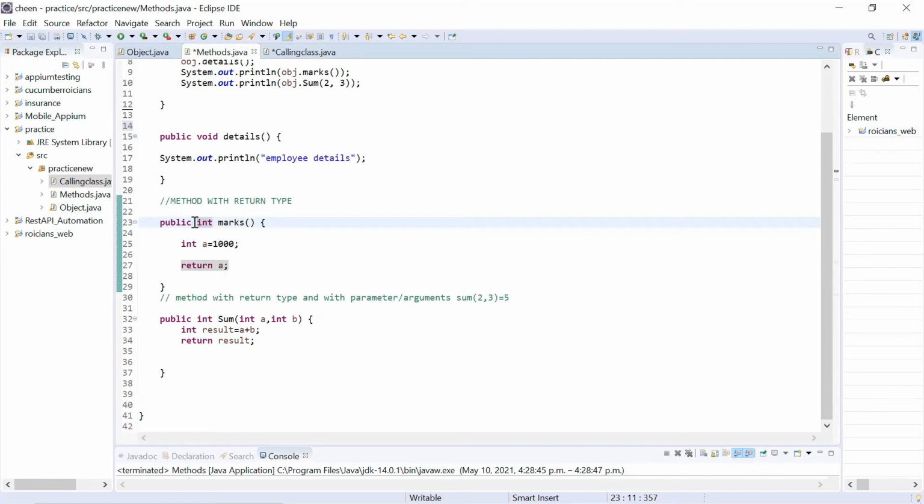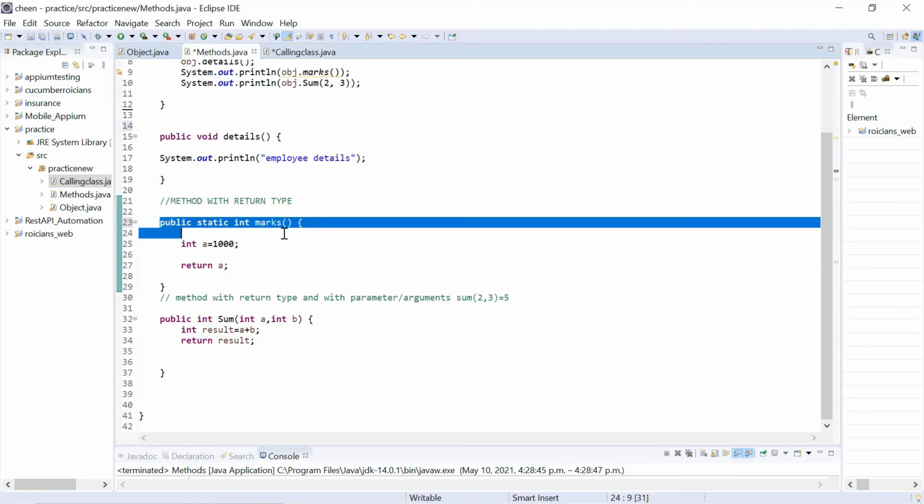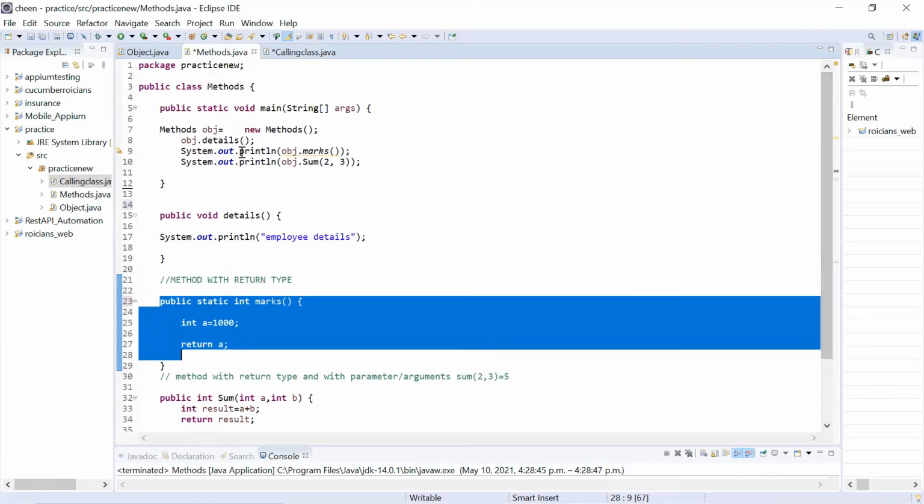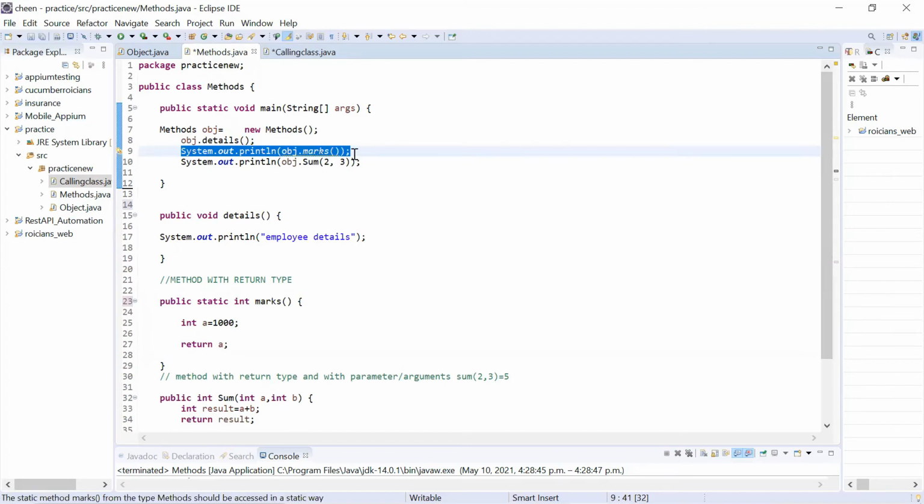Guys, static is also known as a non-access modifier. So you can write here static. When you write it as static, now it becomes a static method. That means it cannot be called with the help of an object. Let's try that. So if you go up here, look at this. It's giving you a warning now.